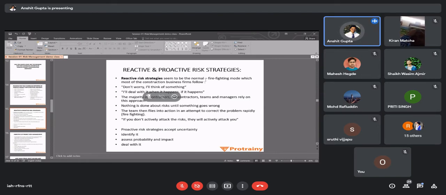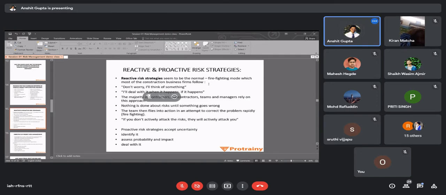What happens is, when an issue actually comes up at site, maybe we anticipated it 15 days or 20 days before, but we didn't act upon it because we didn't get time to act on it. And now that the issue has come at our head today, we will go into firefighting mode. What does firefighting mode mean? Firefighting mode means, when there is fire, you bring water to the site